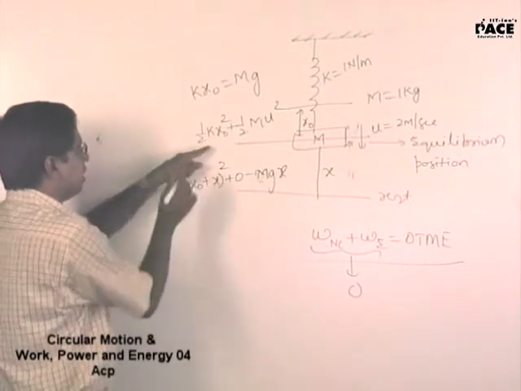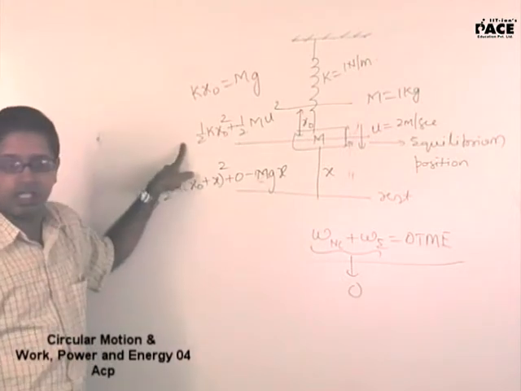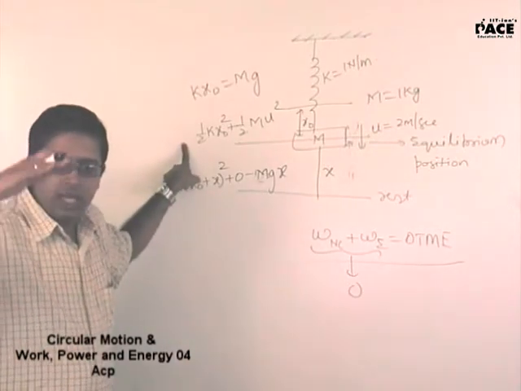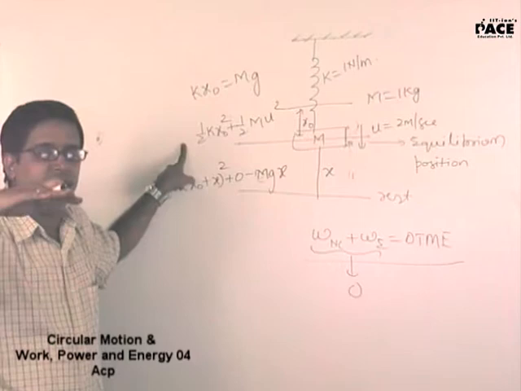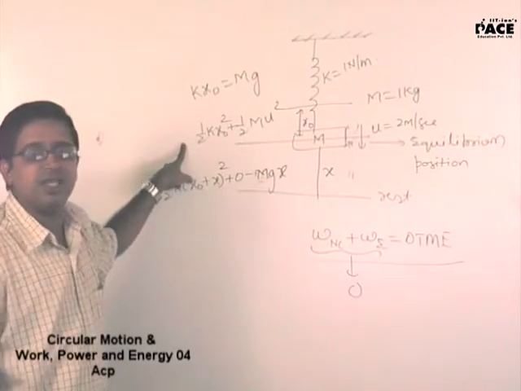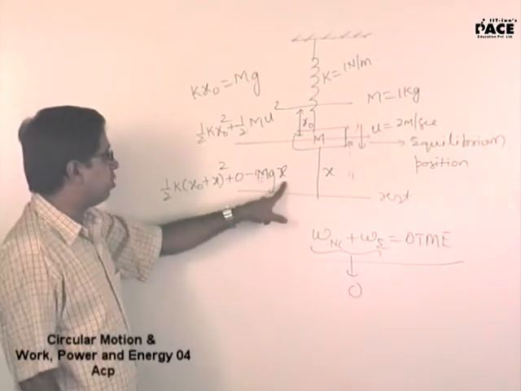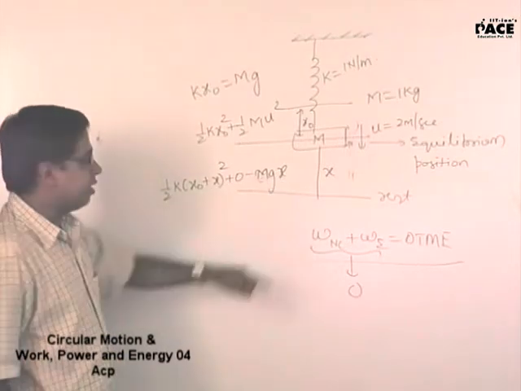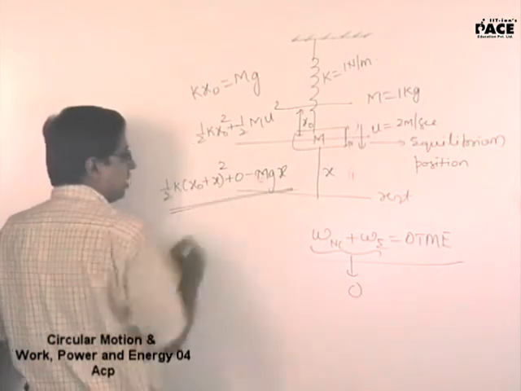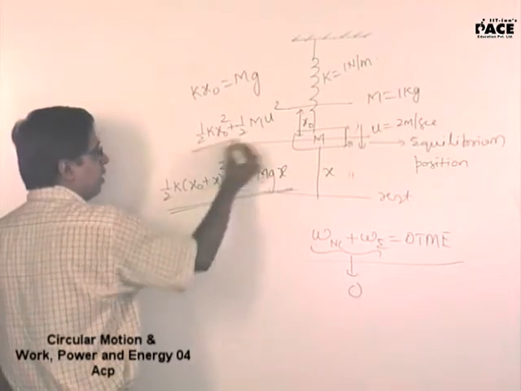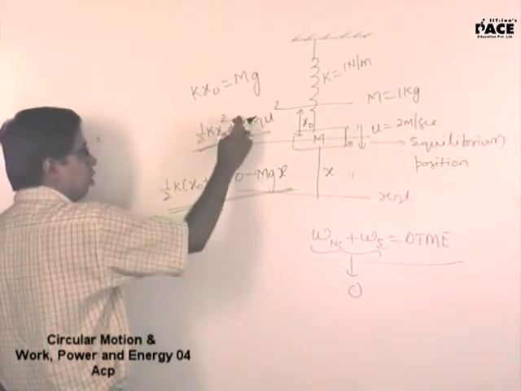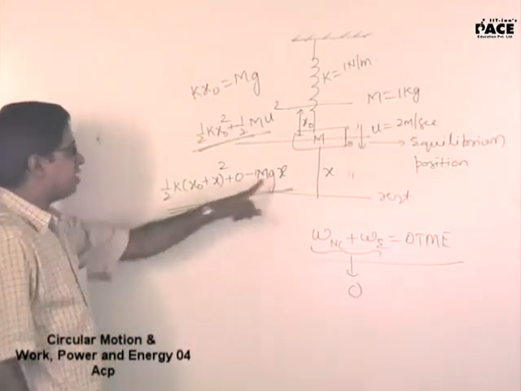Remember here you took the gravitational potential energy to be 0. That's the reference line. If I am going above it will be plus mgh. If I go below it will be minus mgh. From here when I went down it will be minus capital mgx. This is the total mechanical energy. Kinetic energy is 0. But here the potential energy is 0. This and this I will equate, I will get the value of x.